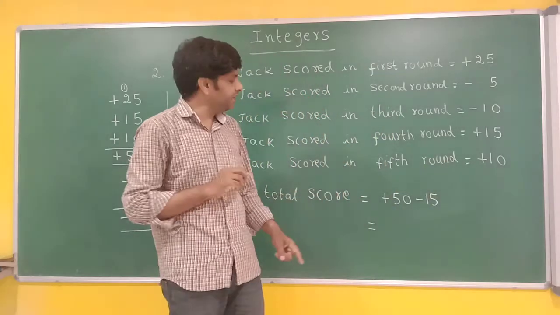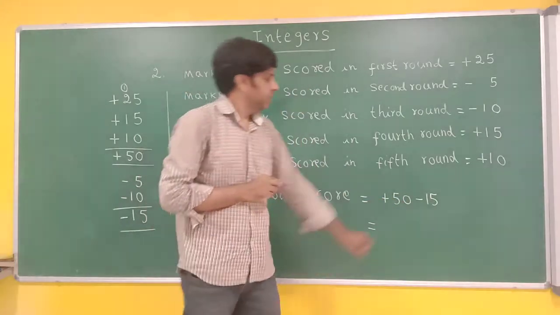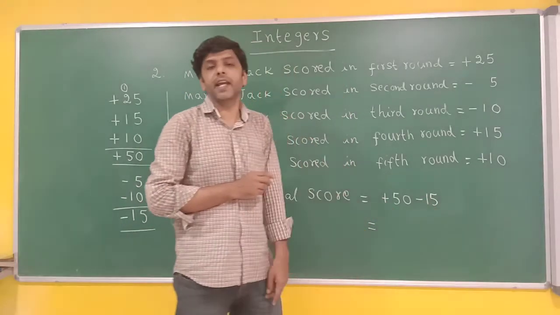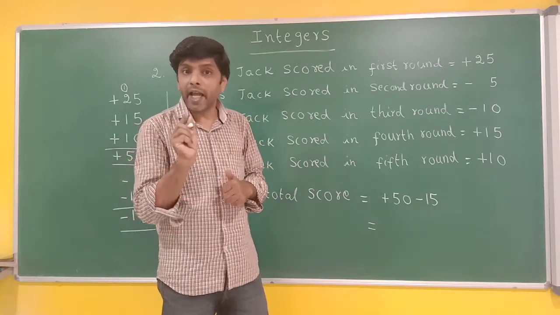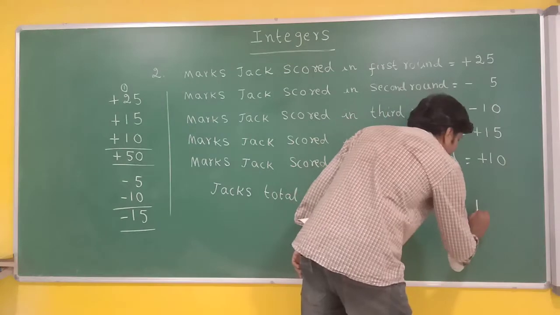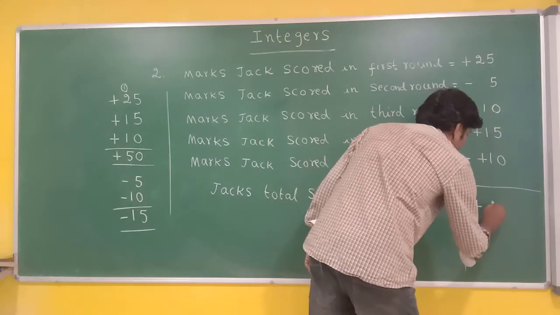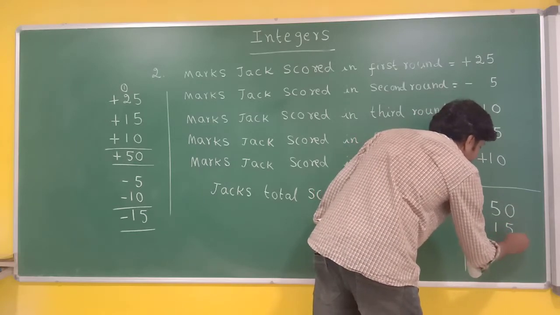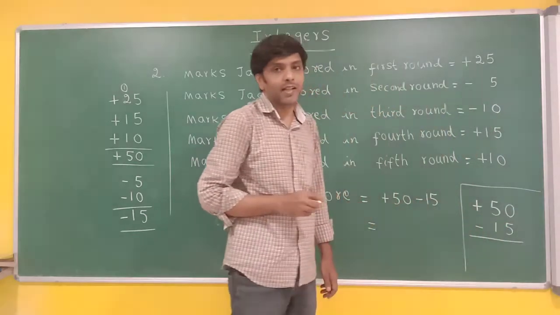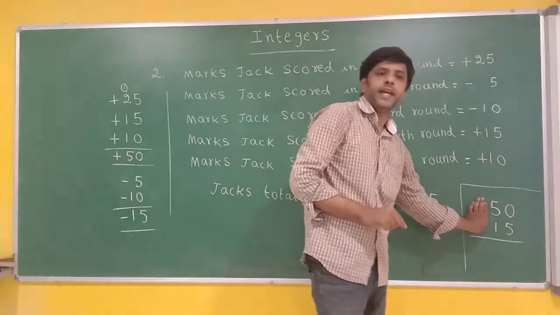Now observe carefully. The sign of 50 is positive. The sign of 15 is negative. When the signs are opposite, what should you do? Subtraction. I am doing rough work here for subtraction. Plus 50 minus 15. I have told you, when the signs are opposite,